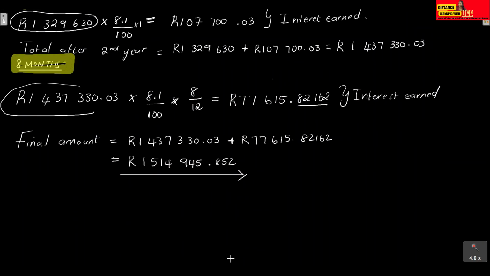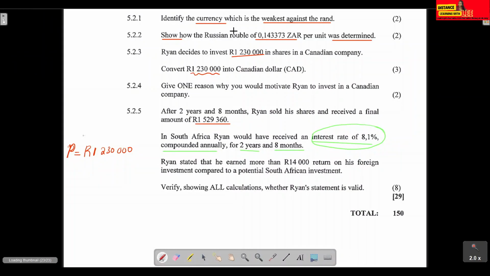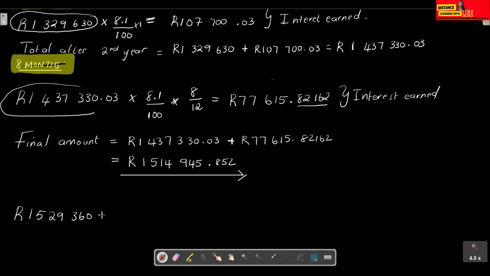However, from the foreign company, he made 1,529,360. So for us to determine whether his statement was valid, where he stated that he made more than 14,000 return on his foreign investment, we just need to take this amount and minus 1,514,945.852 to get how much more he made, because we can already see that,